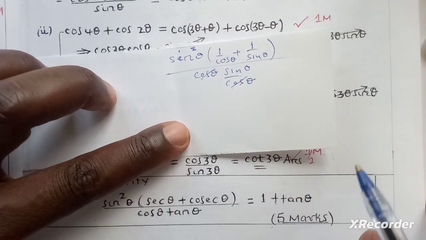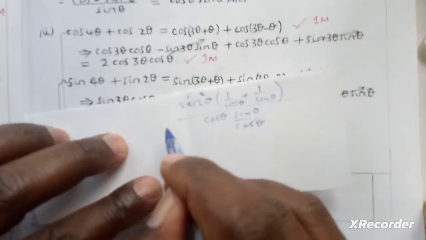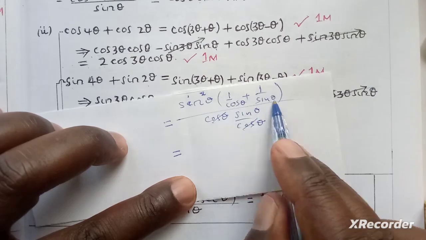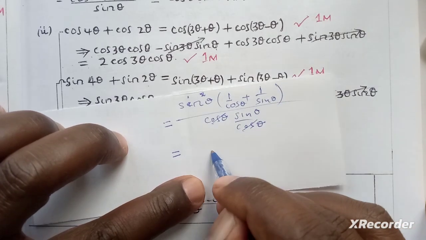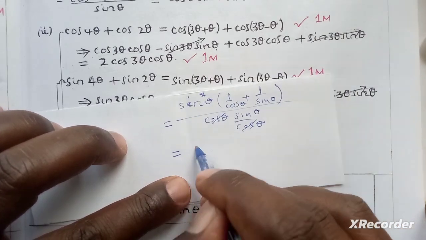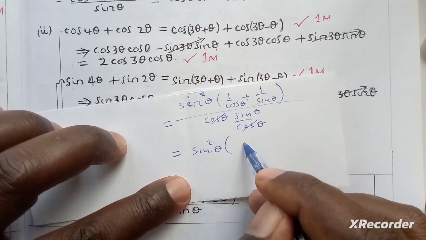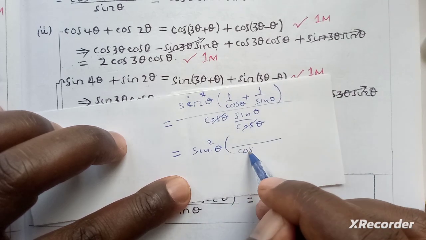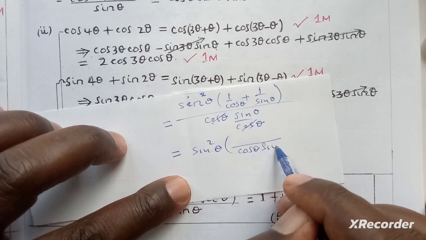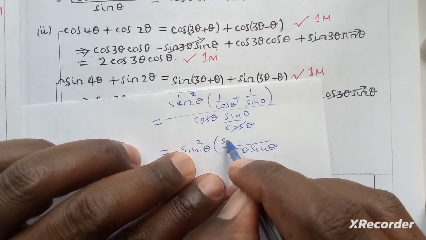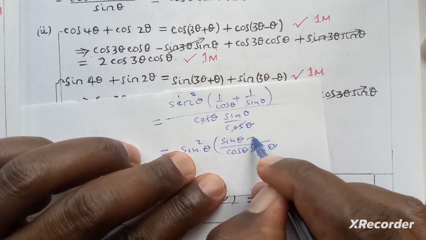Then you expand this one, whereby you find the LCM. Before that, you write sine squared theta. Then this one will be cos theta sine theta. Divide that by that, you get sine theta there, and here you get cos theta,